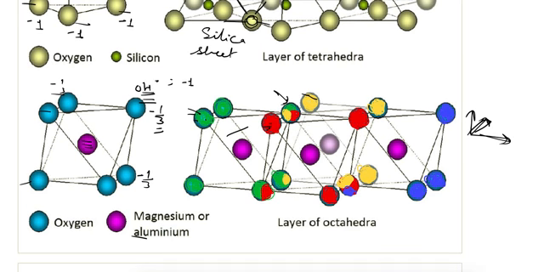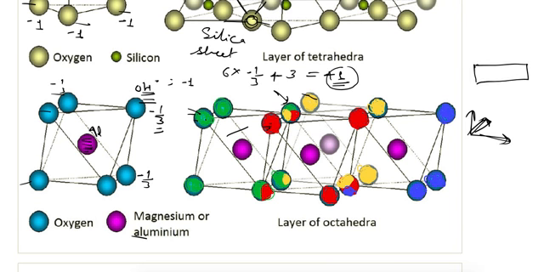So the net charge of one octahedral unit, if we consider this atom to be aluminium, will be from 6 hydroxyl ions with minus 1 by 3 for each, and aluminium will contain a charge of plus 3. So the net charge will come out to be minus 2 plus 3, that is plus 1. This is the net charge on an octahedral sheet. It is represented by a rectangle.